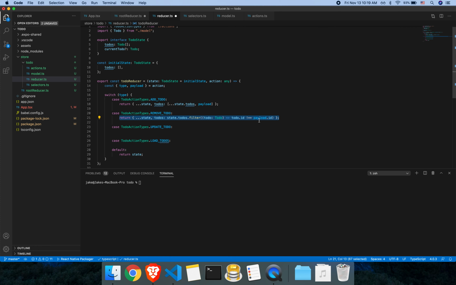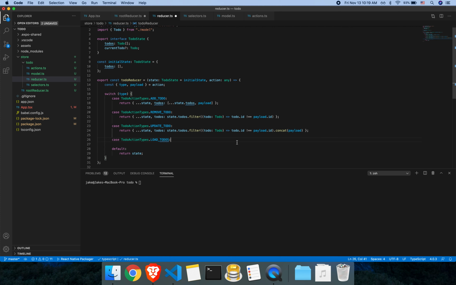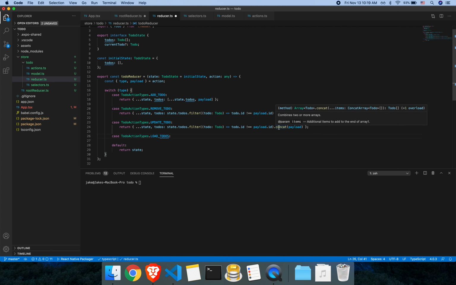Update to-do. So for updating a to-do, we can do a removal. So we'll filter out that one and do a concat payload. So we'll first remove it and then we'll push it back into the array. And just want to make sure it combines two or more arrays. So we could make that like that, or we can,